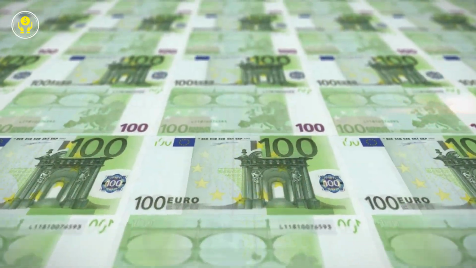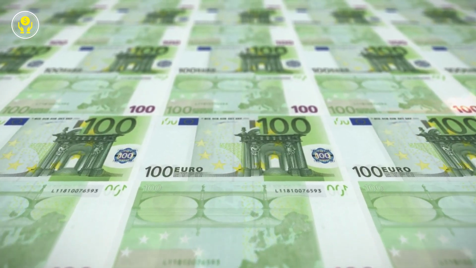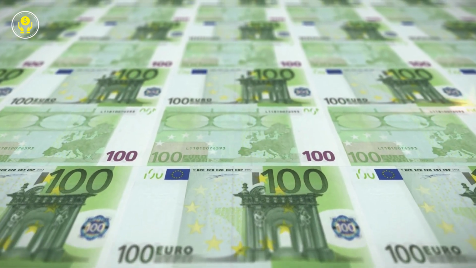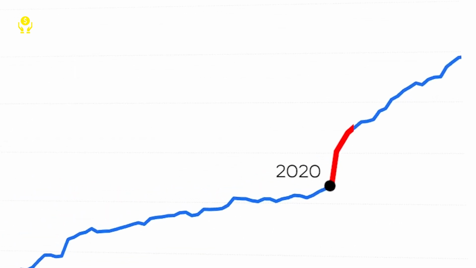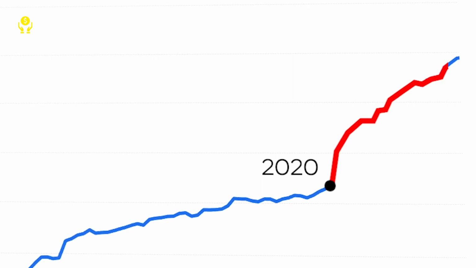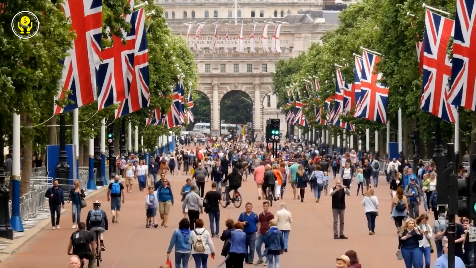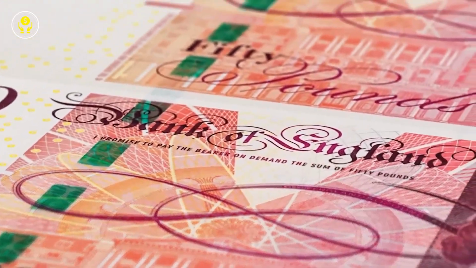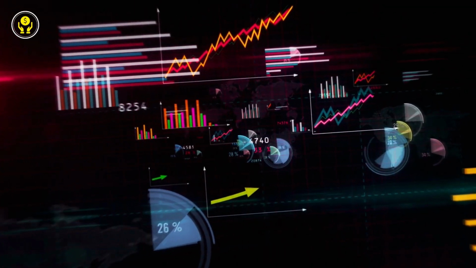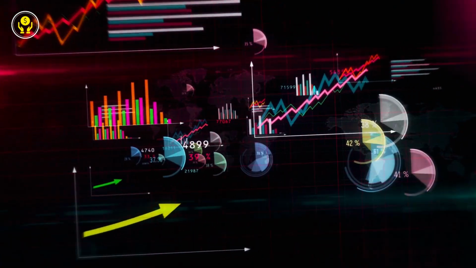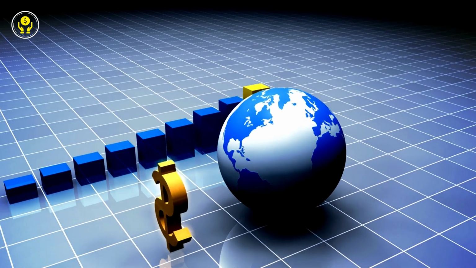Of course, part of the inflation experienced by other countries is related to the fact that they also printed a significant amount of money. For example, if we look at the graph showing the amount of pounds available in the United Kingdom, we can see a sharp increase in 2020 due to the printing that took place during the pandemic. However, beyond the fact that these countries also printed money, part of their inflation can be explained by the inflation in the United States. This is due to the power that the dollar holds over any other currency.